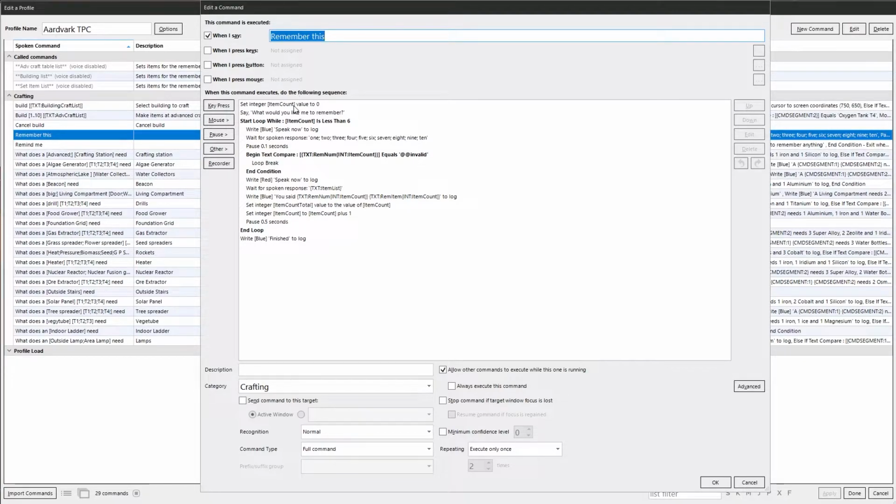So we set an item count variable there to 0, and then we get the TTS to say, what would you like to remember? And then we do a loop. So while the item count is less than 6, because there's only up to 6 materials in an item,